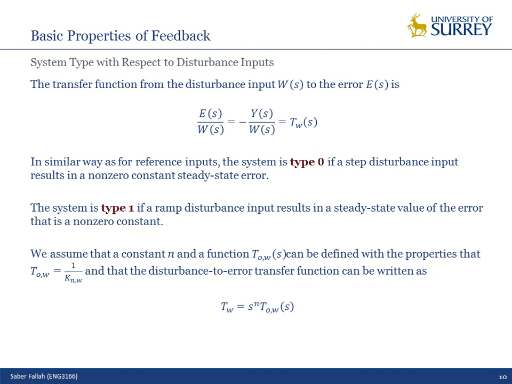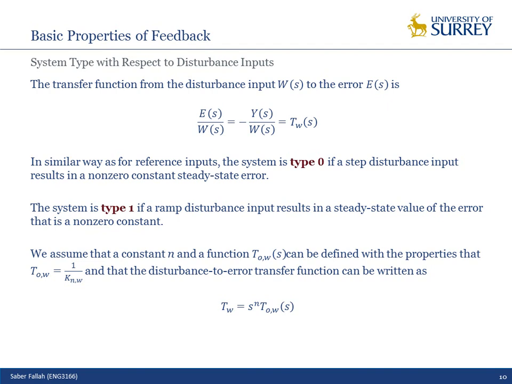In the table, I defined the position constant, velocity constant, and acceleration constant. Acceleration constant is for type 2 system, velocity constant is for system type 1, and position constant is for system type 0. In a similar way, I want to define the system type subject to the disturbance